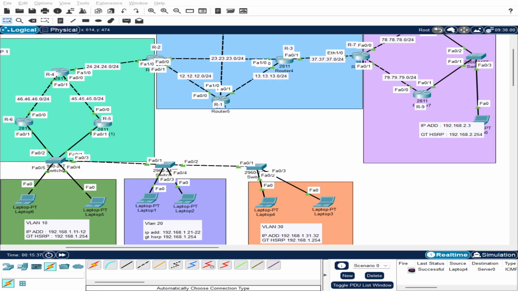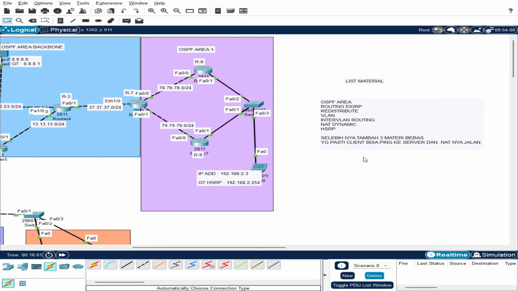So when R6 is down, we can use R5, so it's not down. R5 takes over, so you can still connect to router 4 even when R6 is not working.